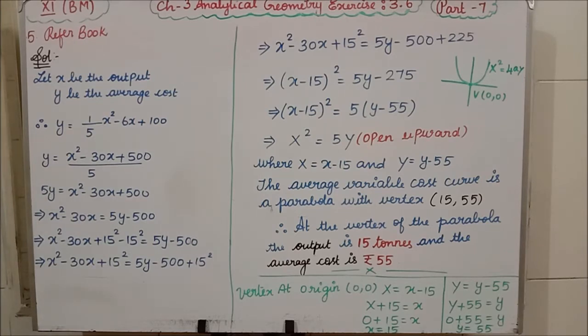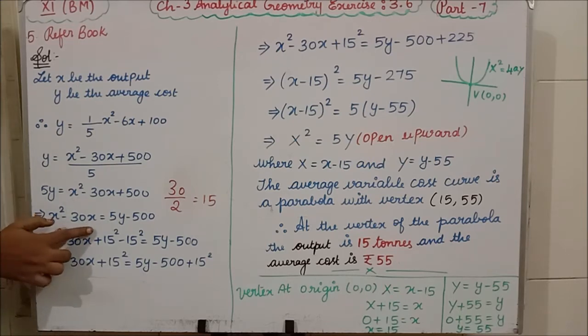Clear? Now how have I done the next step? What do we have with x square minus 30x? 30 divided by 2 is 15. As I told you before, this whole term you have to bring into the form of a minus b the whole square, or a plus b the whole square. But most probably we will get the a minus b the whole square formula only, because after x square we have a minus, so it will come in the form of a minus b the whole square.